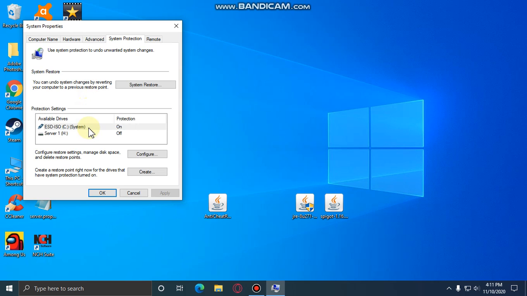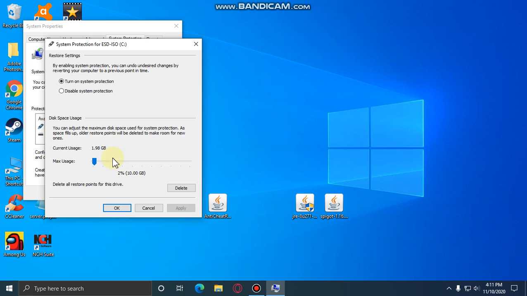Then click on your C drive. It would say system, then click configure, then slide this up to around